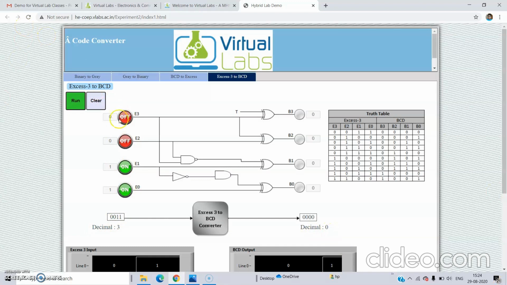The next one, 4, 0100. Excess 3 number 4 is BCD number 1.